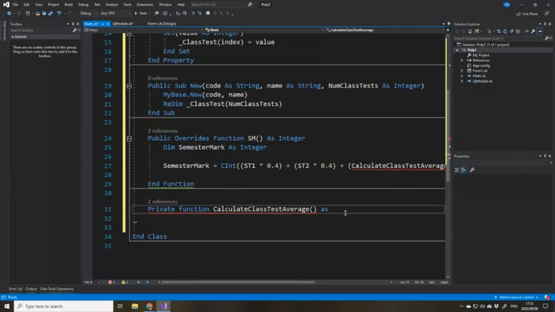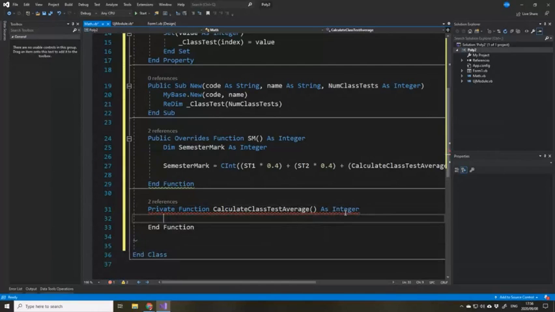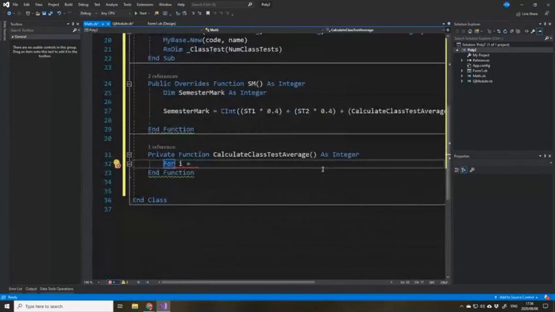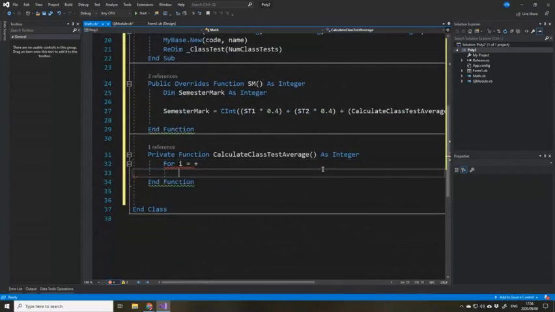My mind is not here today. Fine. And then we just need our for i to, and then test the length of our array, in which case we can go